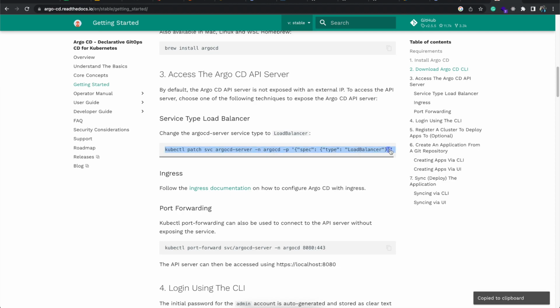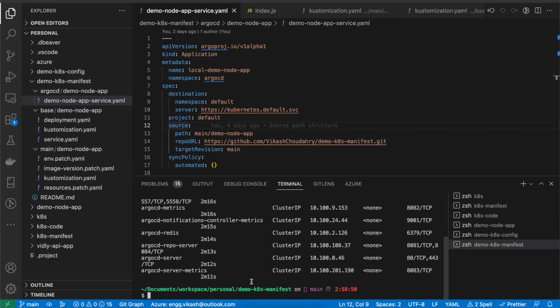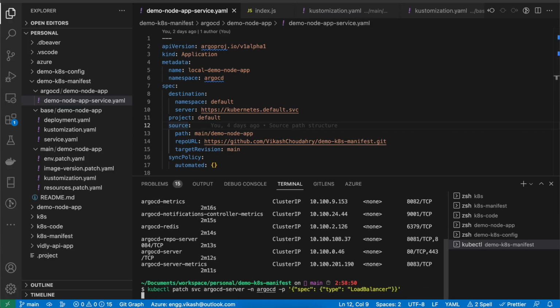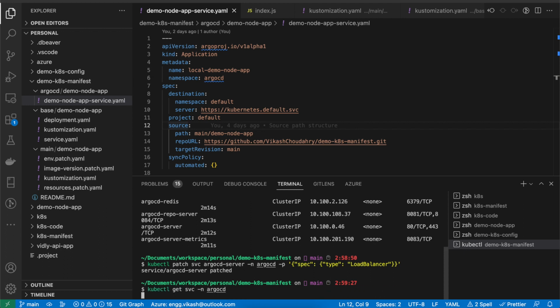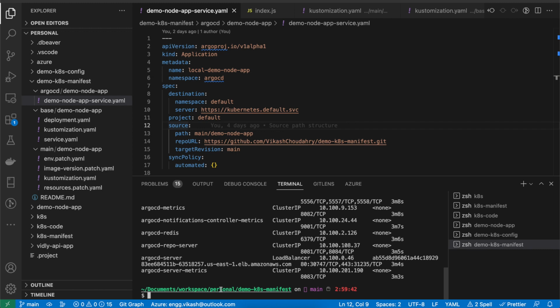For that you simply have to copy this command and apply it here. As soon as you apply this, it says service ArgoCD server patched, meaning a new load balancer is attached to this specific server. And to validate that, simply go and run the same command. Now, if you see here, right,